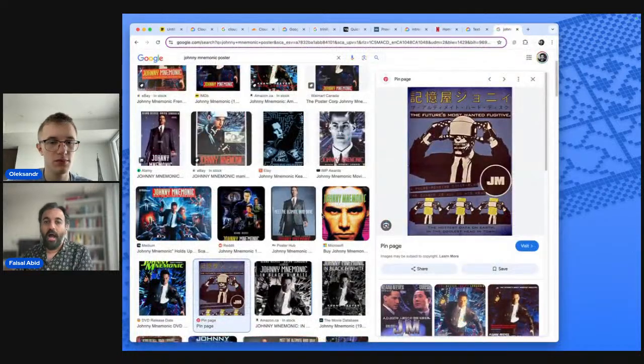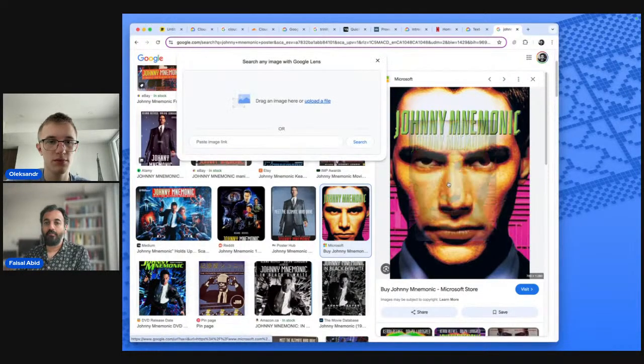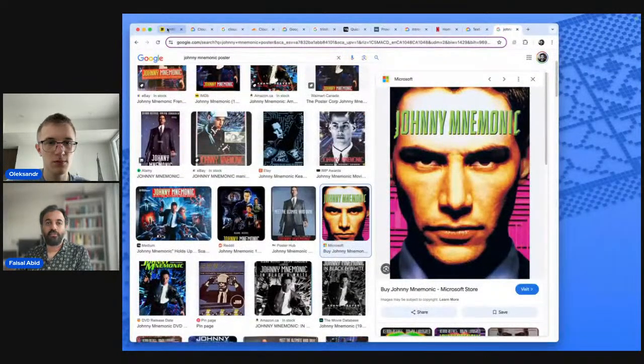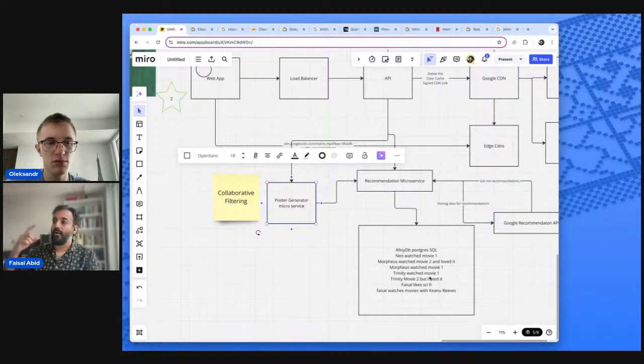Same principles apply. I can create, using ImageGen or Flux or one of these image generator services, a poster of Keanu Reeves, because I knew that Faisal likes sci-fi and likes movies with Keanu Reeves. So instead of serving up the original poster, I serve a poster with Keanu Reeves' face. That way, I am more inclined to click on it and watch that movie. And then I track it back into my database. And I loop that over and over again till I end up creating posters that are very interesting to me. And I'm like, wow, this is amazing when I watch this.